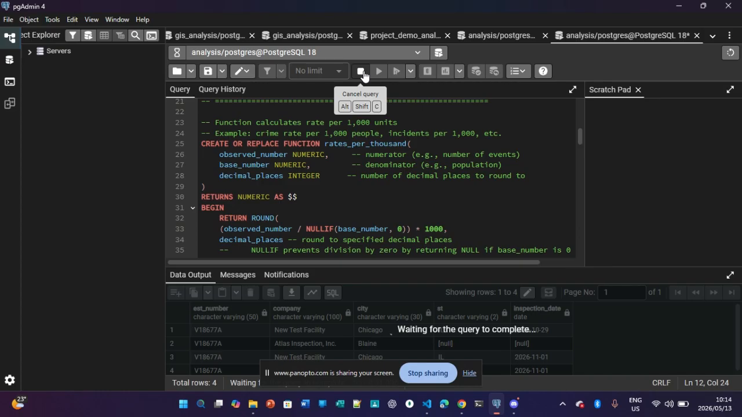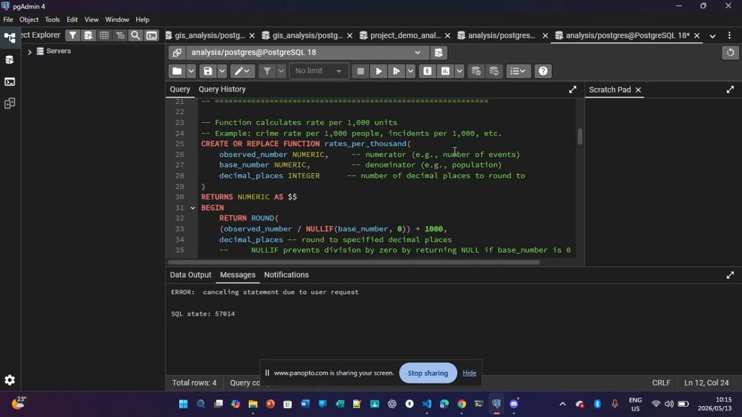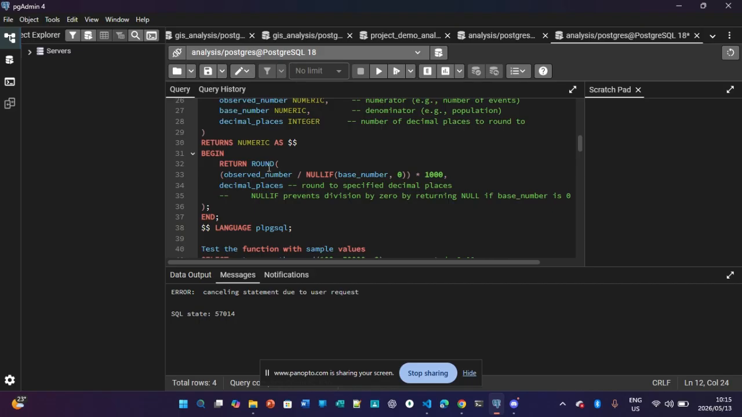So what we usually do at first is use CREATE OR REPLACE FUNCTION, which reads rate_per_thousand. So observed_number numeric, the numerator, which is the number of events. Then base_number numeric, the denominator, population. Then decimal_places integer, the number of decimal places to round to. And then what that does is it returns numeric as a cache, and then it's going to